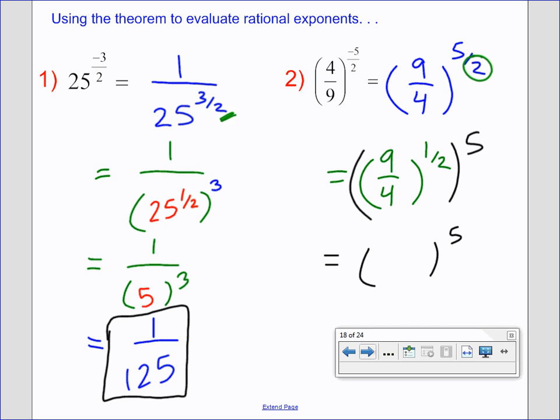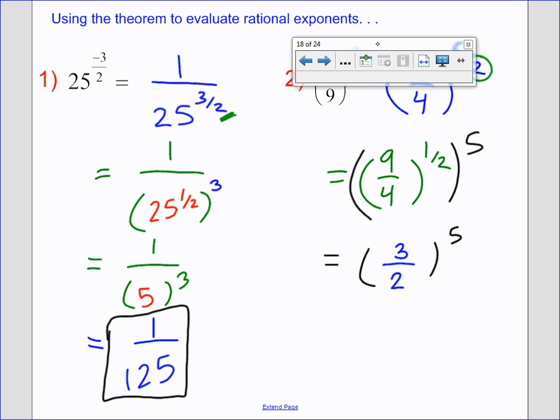9/4 is a quotient raised to an exponent, both top and bottom get it. So we need the square root of 9 over the square root of 4. Everybody find it. What's the square root of 9? Mark? 3. Thank you. What's the square root of 4? Adam? 2. So far we've evaluated my square root of 9/4 is 3/2, and now we raise to the numerator